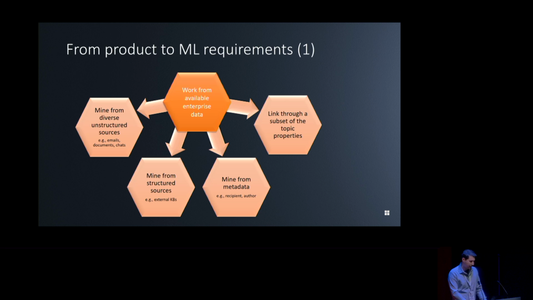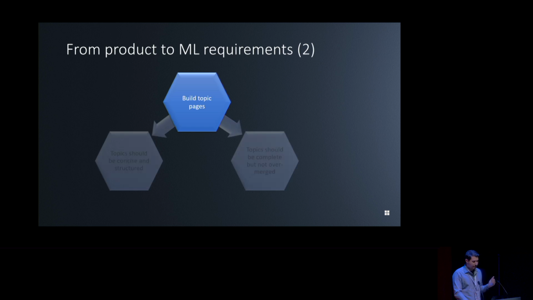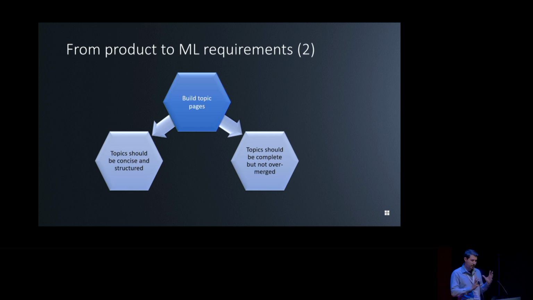Right, okay, one down, 4 more to go. The next one is about actually building the topic page. I don't know how to write this, but it really is, you have to be able to create that concise, structured view of the topic that you need to present to the user, right? So it's not an answer to a question, it's not a list of snippets of search results, you actually have to build it, right? So what this means is that you have to be able to take the information that's available and somehow merge it into one place that you would display to the users, right?